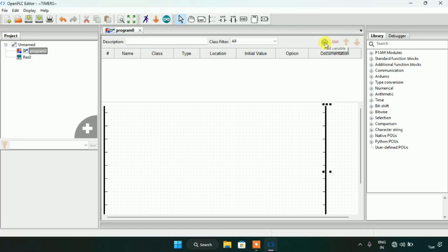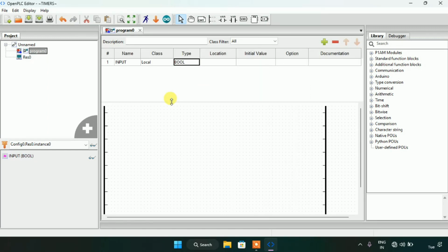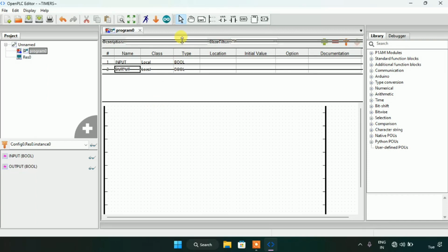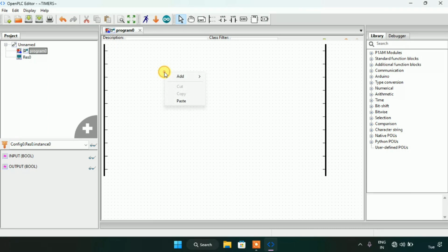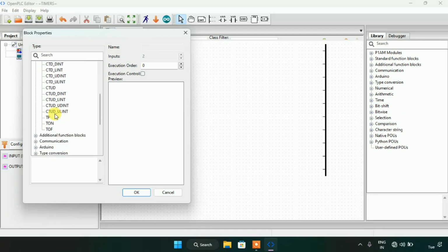After that, I will create two variables. One will be input and I will type the variable is boolean, and the second one will be output. Now I will drag this up and I will add the block here. Then I'm going to first of all